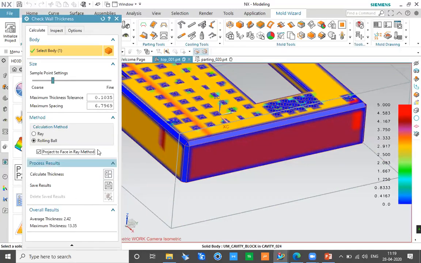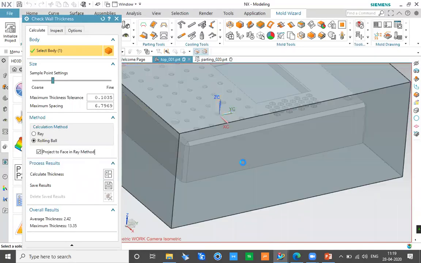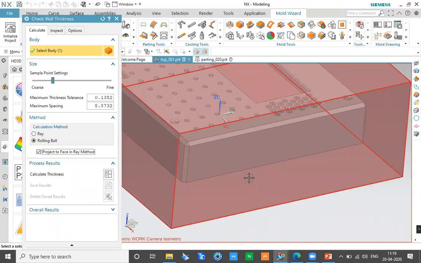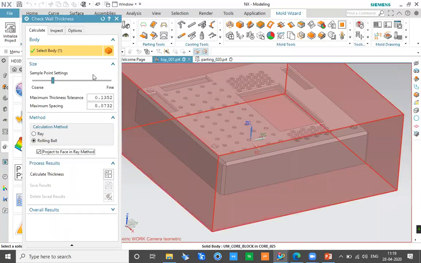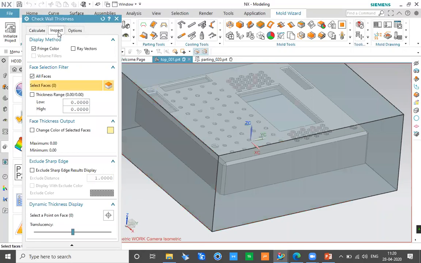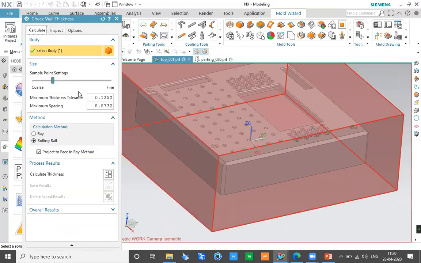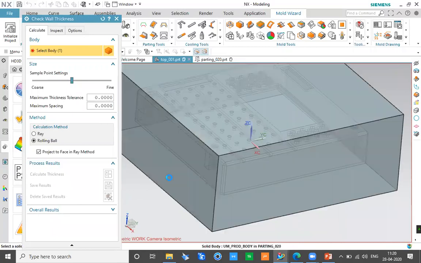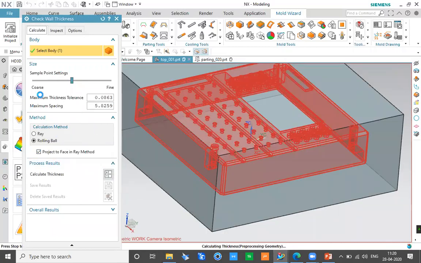Okay. Now, if you want to even see where exactly, so for example, here in overall result, in calculate thickness, I can decide where exactly the thickness should be and how much the thickness should be. And I can do this particular thing for various products. For example, let's say I'll just calculate again for the inner part. So here I'm selecting again the inner body, and I'm doing the basic calculation for this again. So I'm asking the software to calculate the thickness.